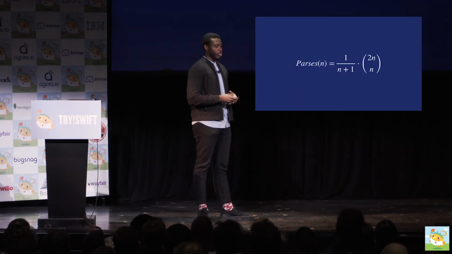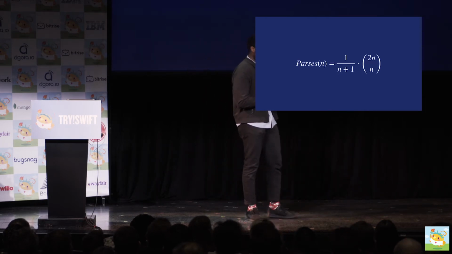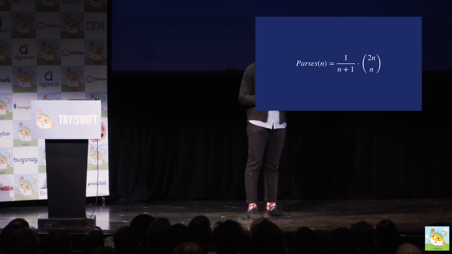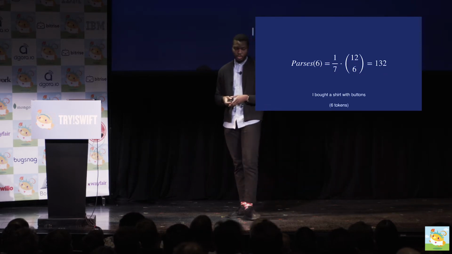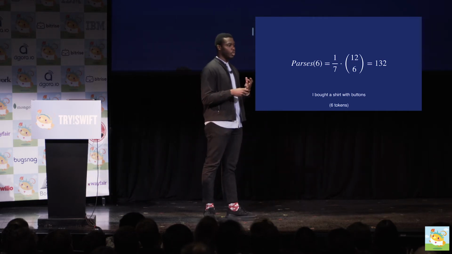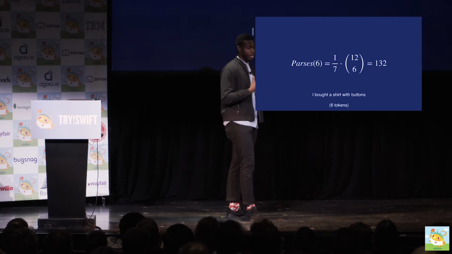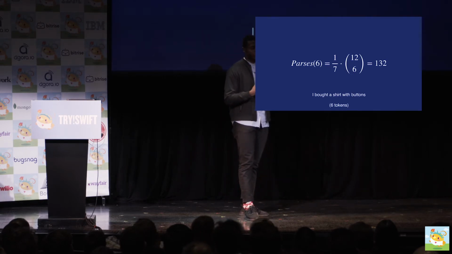So to be precise, the total number of parses we can get for any given sentence is the Catalan number, that equation there, where n is the number of tokens in the sentence. So for a very simple example, you have a total of 132 dependency parses. But as we saw in the previous slides, only a handful of these parses would actually make enough sense to become ambiguous, and in which case we're going to rely on the context that we've built up since childhood